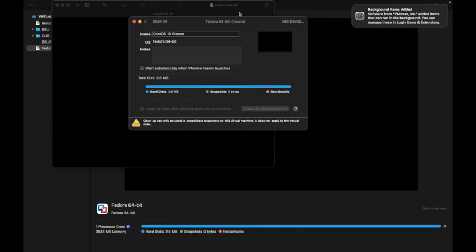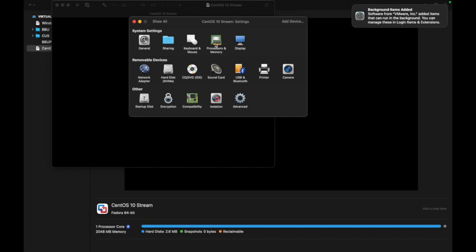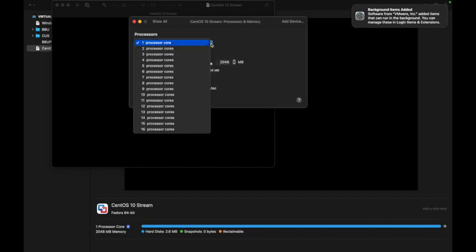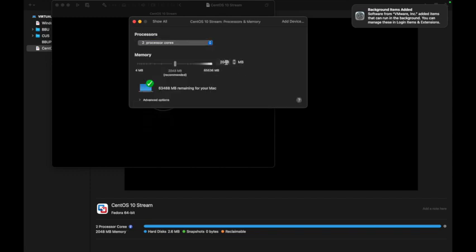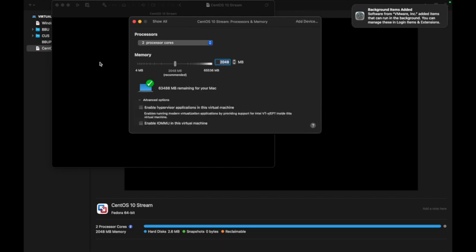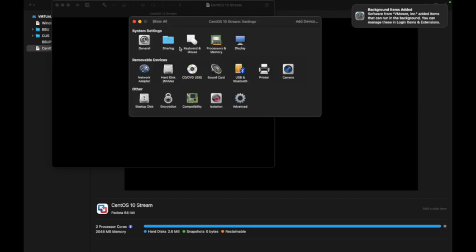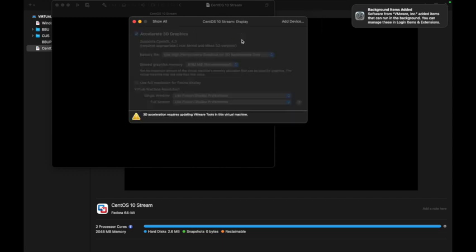For my Fusion Pro, there is only CentOS version 8, so that's why I choose Fedora, which doesn't mention a version. Here I recommend RAM of at least 2 GB and at least 2 processor cores.